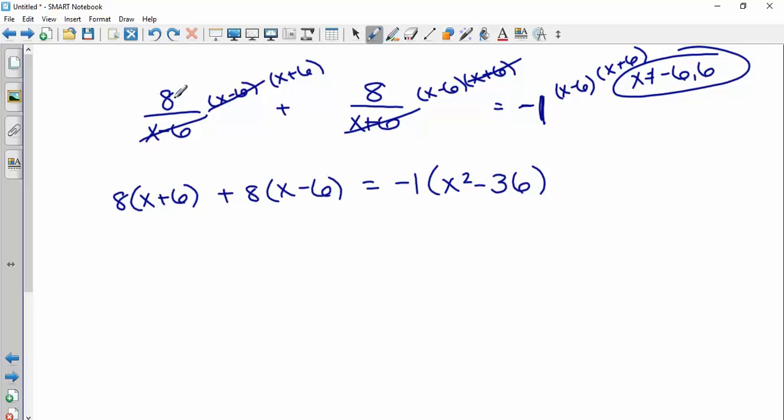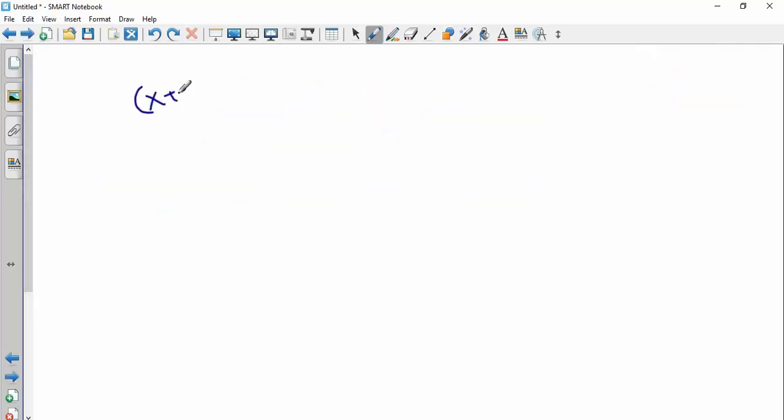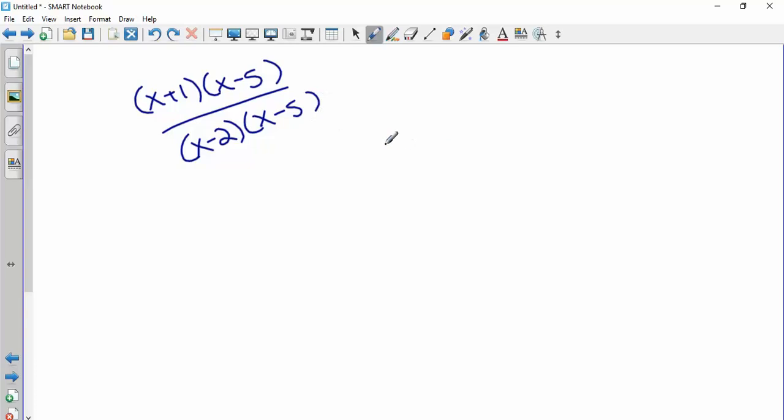When do you get a hole in the graph? When something cancels out. Okay. Let's say it was like this, so the hole would be at, what's your x value? 5. How do you get the y? Plug in 5. So you would get 6 over 3, so 2. If you guys need anything, come in,